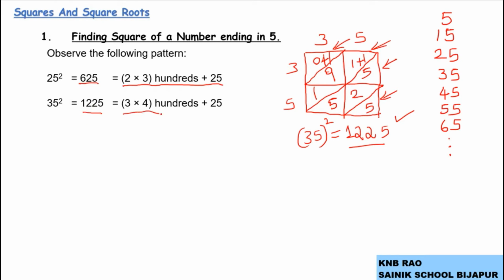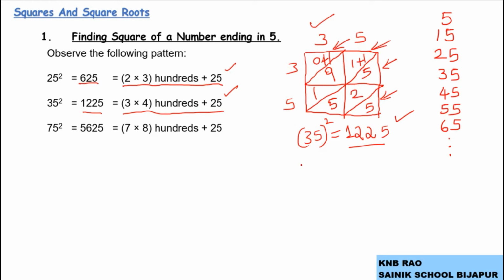Here is a trick behind finding square of a number like 35. Now try to make sense by watching these. Do we require all this process or some other process such as column method to find square of a number ending in 5? Next, one more example I will take. 75 square. You can find out 75 square using any method, either the diagonal method or the column method.